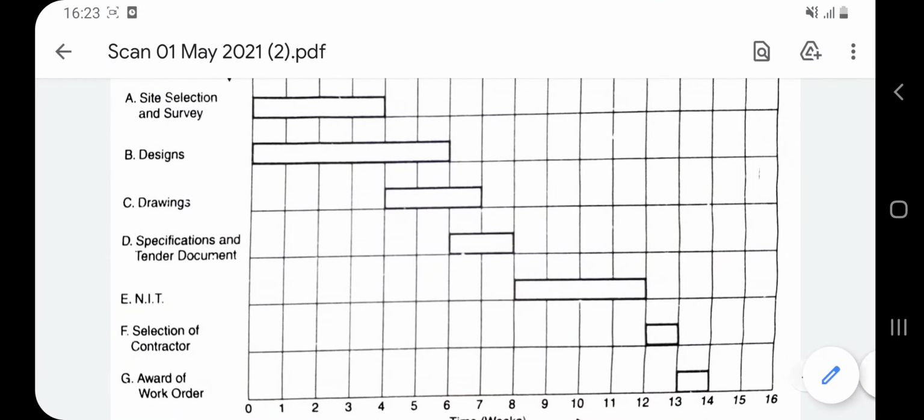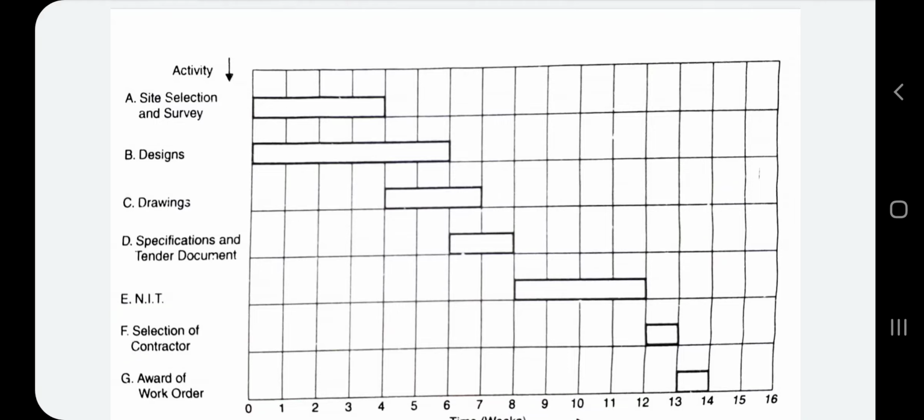So selection of contractor starts when the tender ends, and the award of work starts when selection of contractor ends.